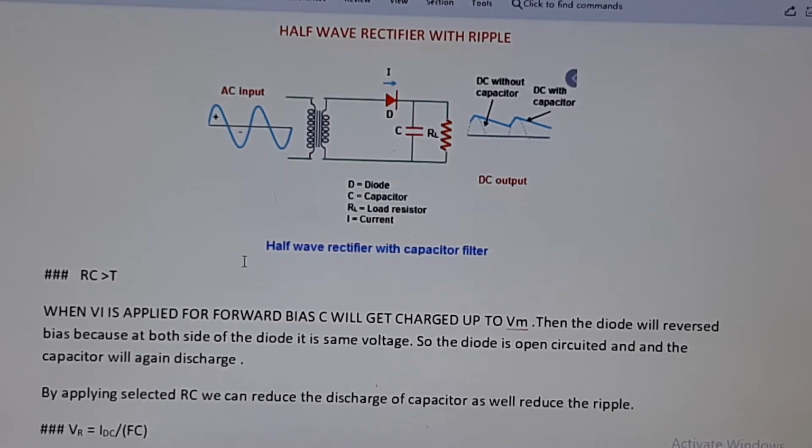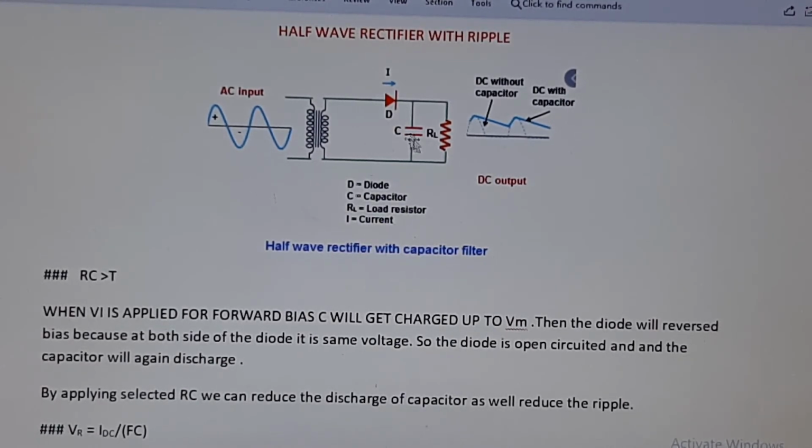What will happen? We can see here the input voltage of this sinusoidal signal, and here is the output voltage. Now we have found that for the negative half cycle, the output voltage is 0. That means there is no voltage. So we have to solve this problem. We also have to find the voltage in this region. For this, we have to apply a capacitor that can create voltage in this region.